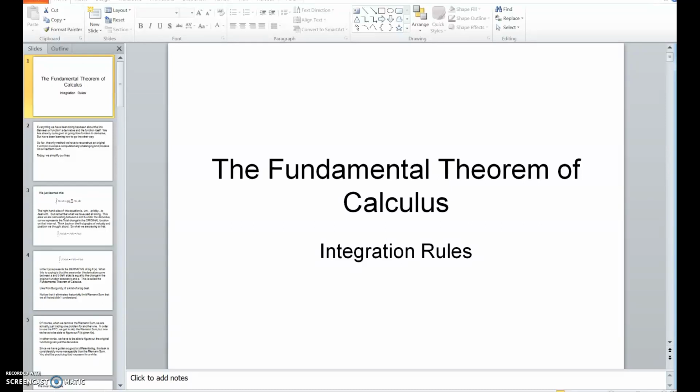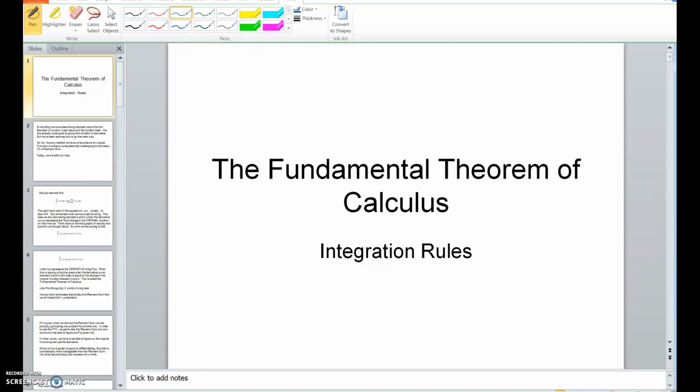Okay, so when we left off in the last video, we were talking about how we can get a precise number for the area underneath the derivative by increasing the number of rectangles we're using to estimate it to infinity. So taking the limit of the area expression as the number of rectangles goes to infinity. And then at the very end, I did a little example using the integral operator to find the area under